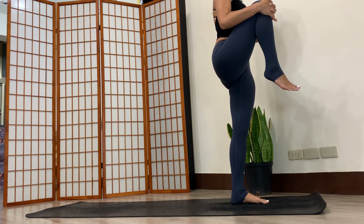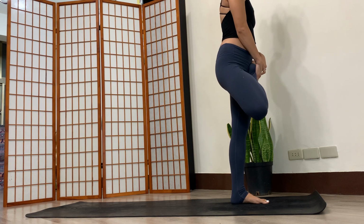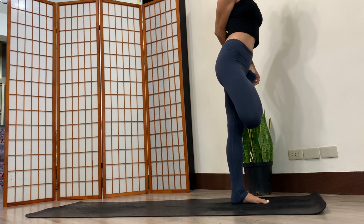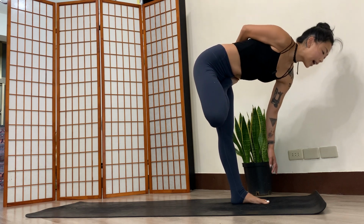So I'm standing on my left foot now. Okay, hold on to the right foot. Pull the heel up towards the belly. Point the knee down. Send the right hand behind you, maybe holding onto the inside of the foot, maybe not. Okay, see what happens. And then exhale, I'm taking my left hand down onto the mat next